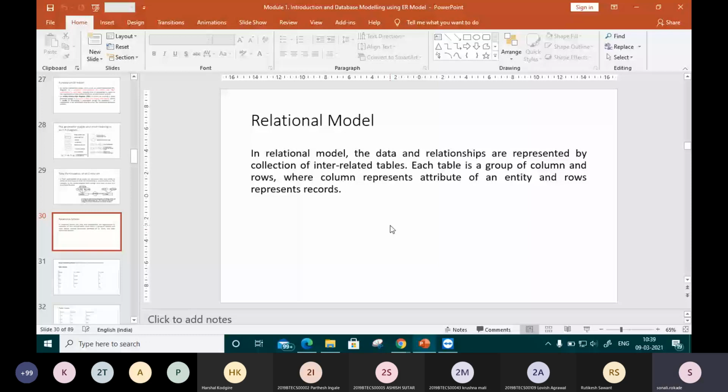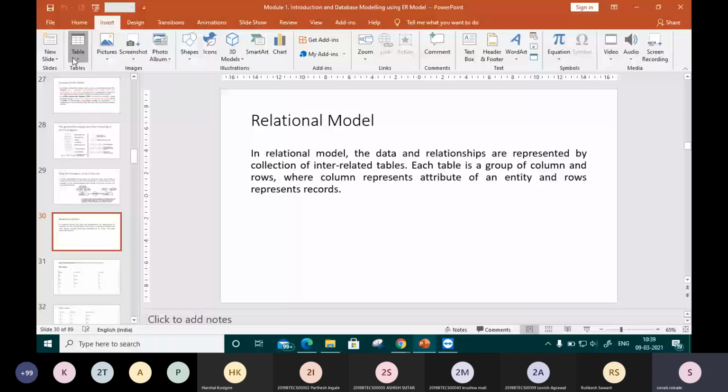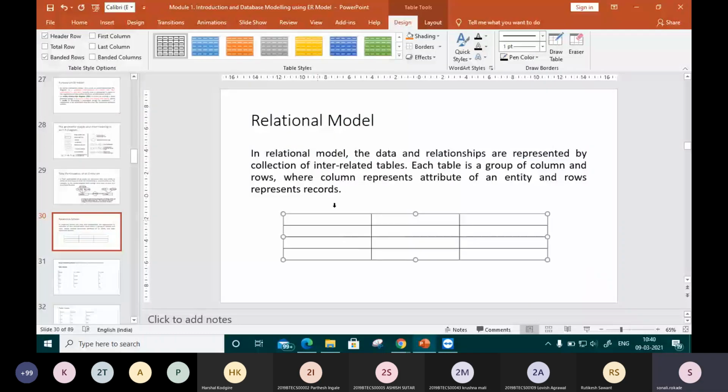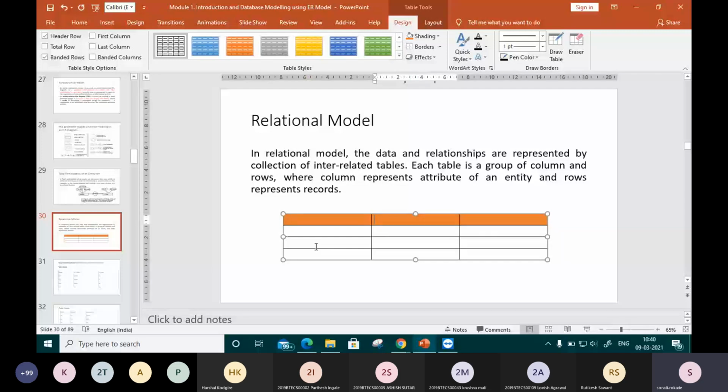In short, let me show you. Suppose we have a table, this is that table. This table has a number of attributes, so these are three attributes. Here we will provide names, and that will be the attribute name. There are three rows available here. Each row will contain some kind of record. Suppose like this one, and this will be the name of that particular attribute.